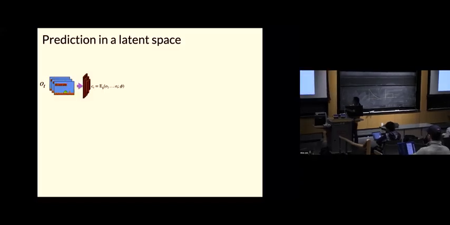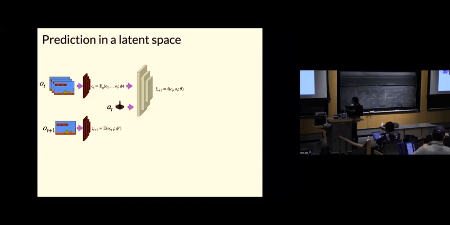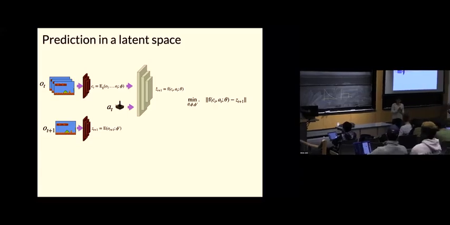So people said, okay, great. Let me not be predicting pixels. I'll take a bunch of frames. Then I'm going to jump into some latent space, or some internal features of my network. Here is my action. And then I'll feed it into my dynamics model, all right? And I'll predict the next time step. And here is the next time step. And I will use an encoder again. And then I will take this loss, okay? So instead of taking the loss at pixel space, I take it at the latent space, the output space of my encoder, okay?